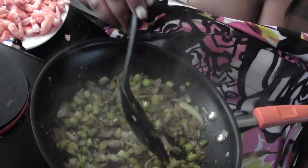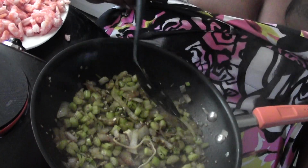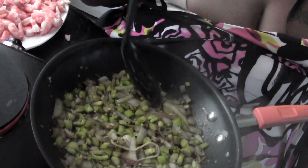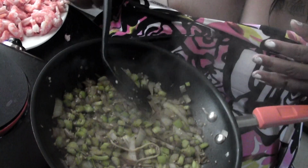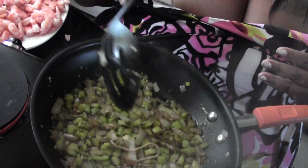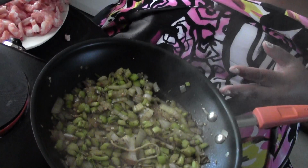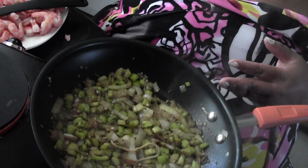Okay, so that is basically tender enough for me. As you can see, it's no longer white, and they're tender to the touch. So that's enough for me, you guys. So I'm going to use some of